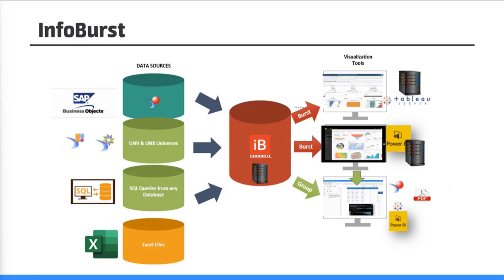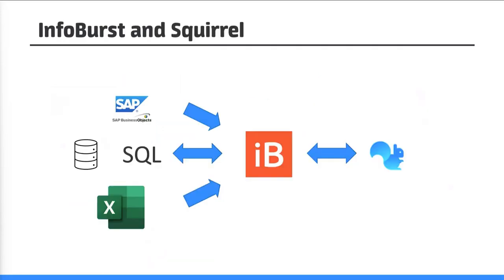But it's not just the superficial features. It's also all the admin stuff. I can schedule things and retry them, stop retrying after a certain amount of time, and get alerted if things go wrong. It really is a proper platform for doing this. Even if you don't want to use it with Squirrel, I would look at InfoBurst for that. But with Squirrel, it adds this amazing capability to get at back-end data sources, particularly through the SQL data source,